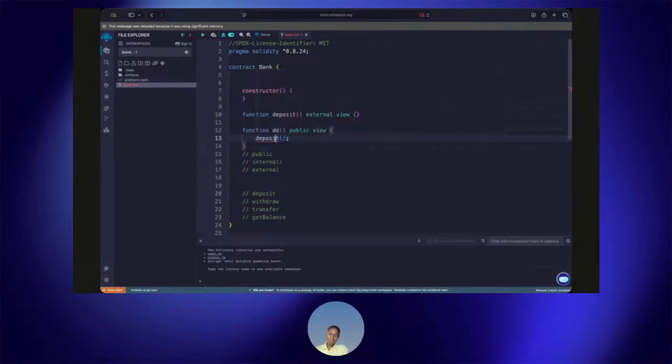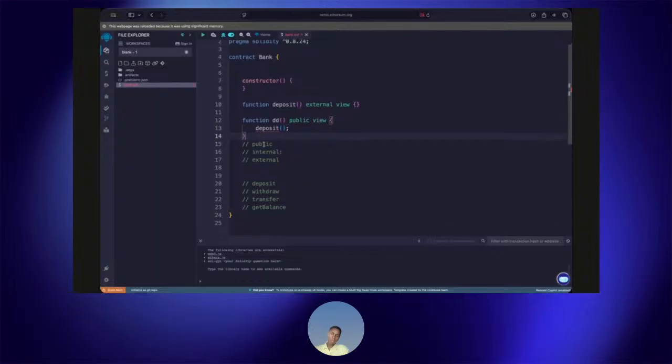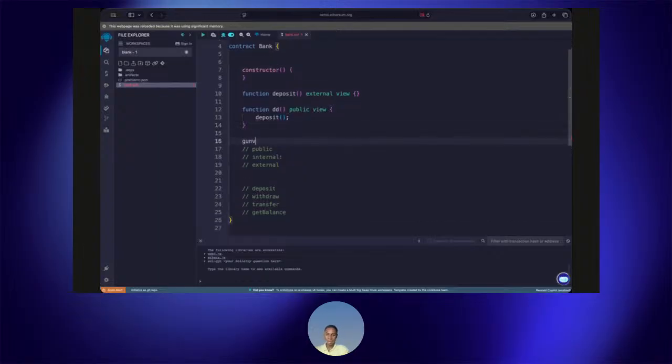And this is to prevent, let's say, cheating in smart contracts, because if this deposit function is internal, that means someone or the contract owner can just call it inside maybe a malicious function like the one I just wrote. So this can be a malfunction, and then I can just fake a deposit to someone. So if you write the whole contract, then you can see how to exploit this as well.